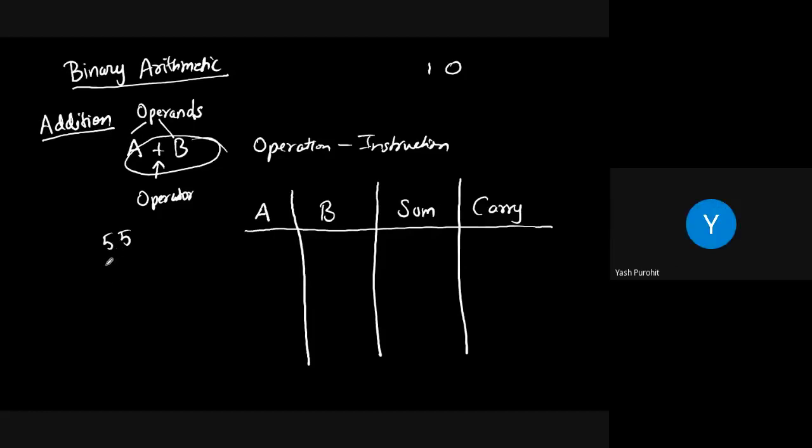So we have 55 as one of the numbers, and let's say 27. If I want to perform this addition in normal decimal, how do we do it? 7 plus 5 is 12, so 2 I'll put over here, and 1 I'll put into carry. 5 plus 2 is 7, and 7 plus 1 is 8. So one part is called the sum, and the other part is called the carry. Similarly in binary we get exactly the same thing.